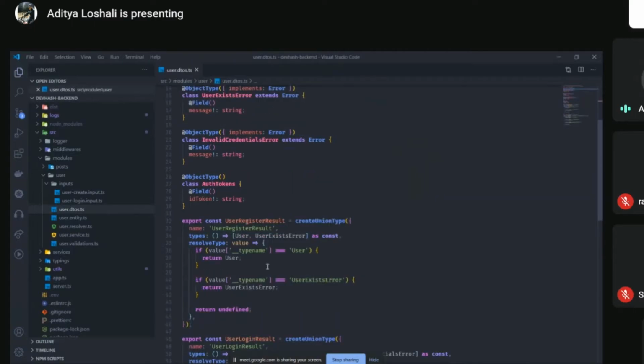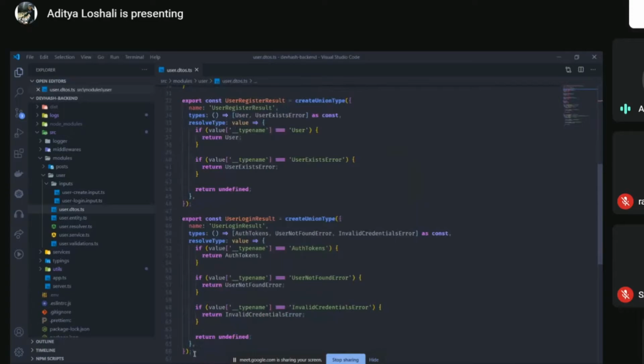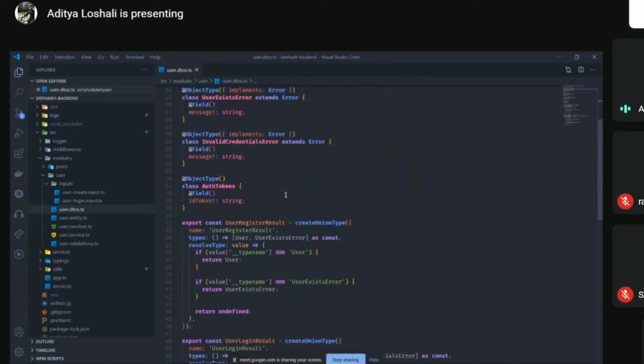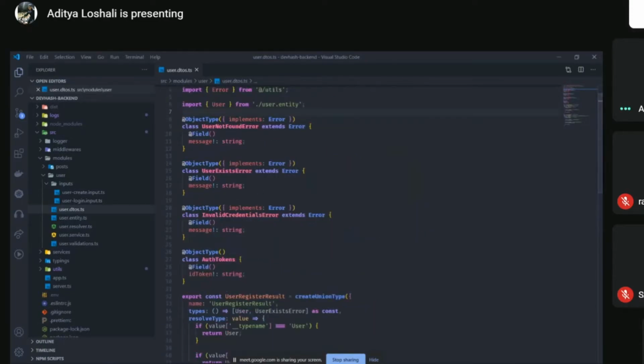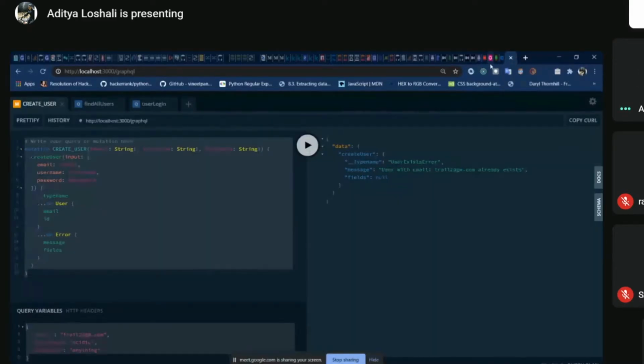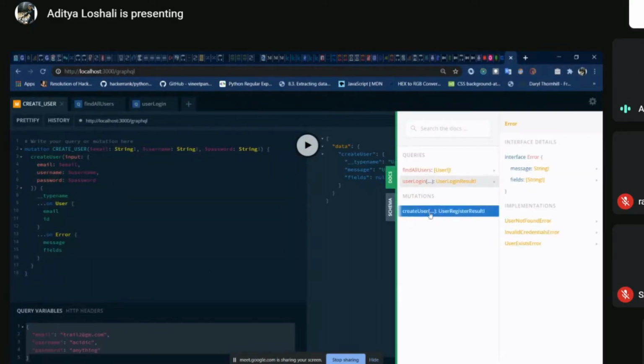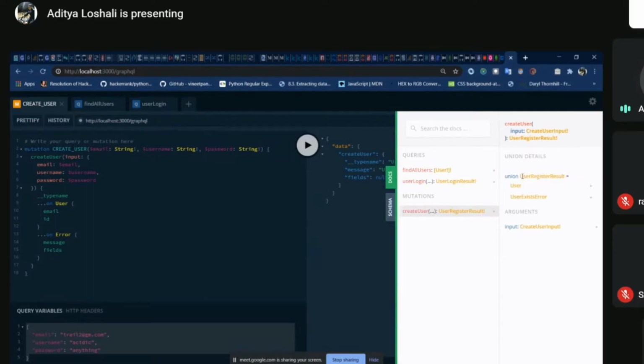What we do in the DTOs file is we combine the different return types that might be returned as a response for any resolver. For example, I have this one, create user. Now if you check in the docs, we see create user returns something of type user register result. So we check here, what is user register result?